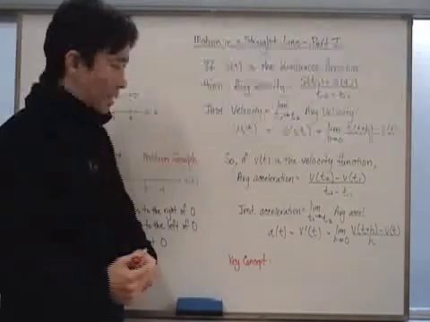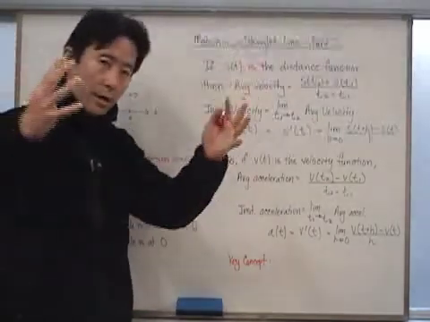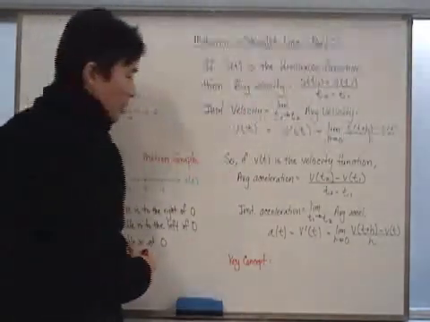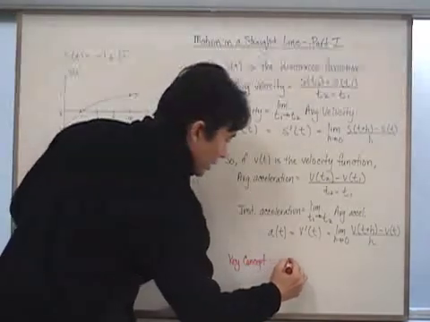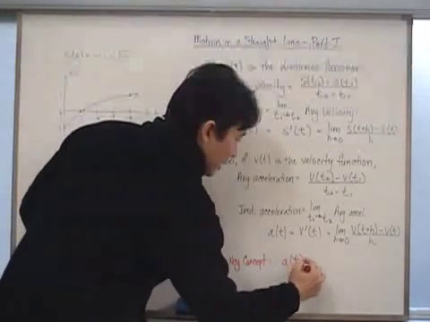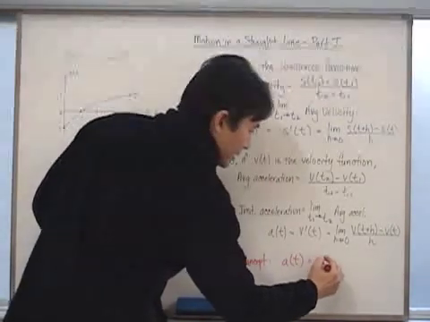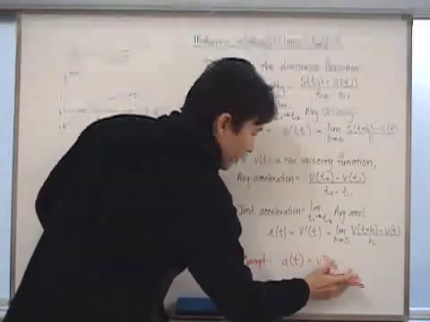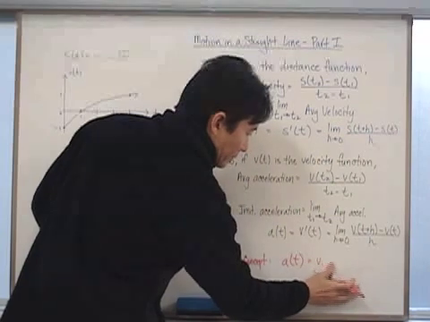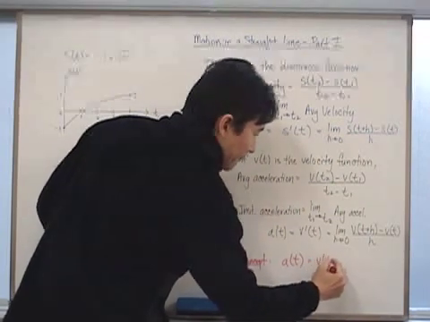So the key concept here, hopefully, if you put all of this together, is that if the acceleration is a of t, and this is the velocity function, v of t, or v prime of t,